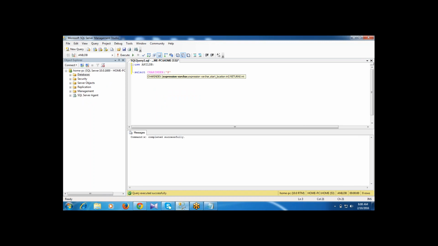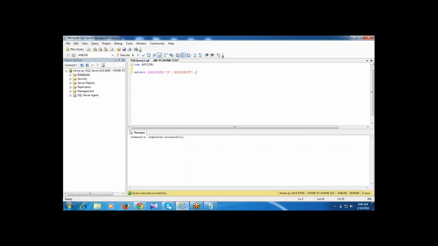I want to find the character position of S in the given string. The input string is Microsoft. It is not a column in a table. Whatever string you like, even your name, you can write. In the word Microsoft, I want to find the character position of S. Is it the first letter, second letter, or third letter?